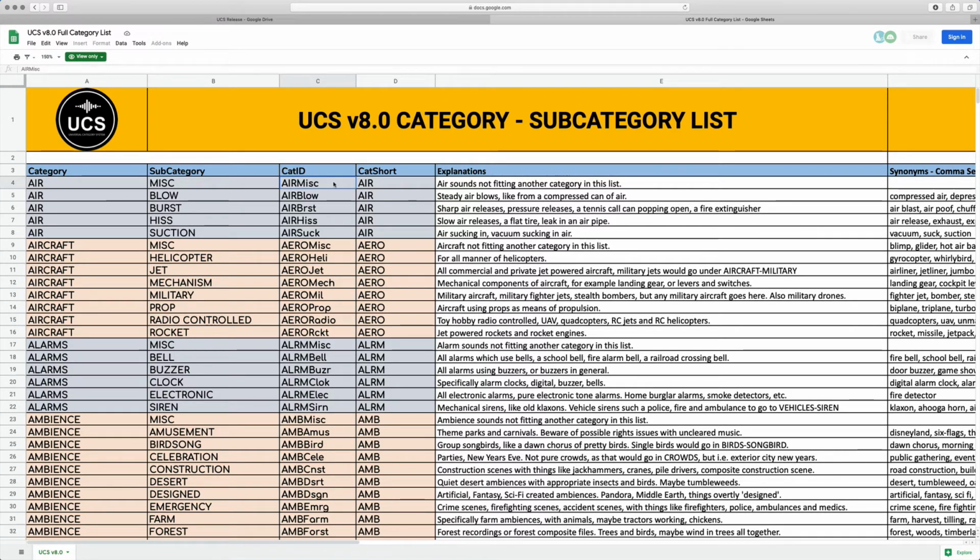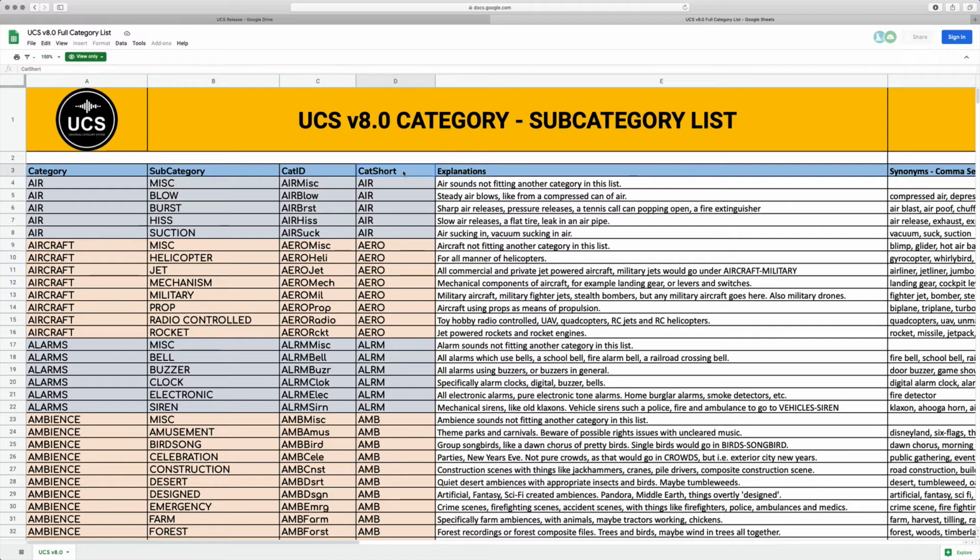In order for this system to sort of work, it's important that the cat ID not be changed, not be modified. It is case sensitive. We don't want people coming in here and sort of deciding that they don't like aero and they want to use some different word. To do that sort of breaks this entire system. The whole point of this is that everybody who's going to use the system agrees that aircraft jet be called aero jet at the beginning of the file name. And when we look at the file name structure, we'll understand more how this category ID is used. And when we look at some of the tools, we'll see what the possibilities are by us using this cat